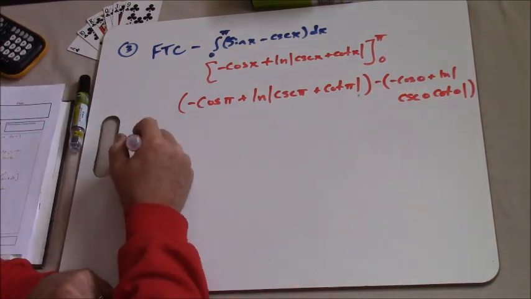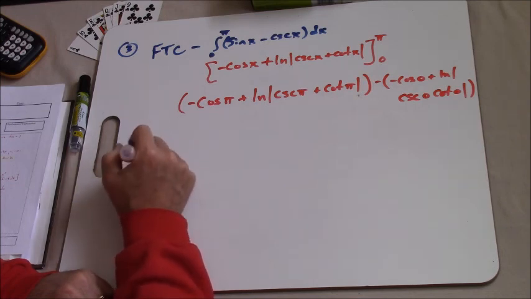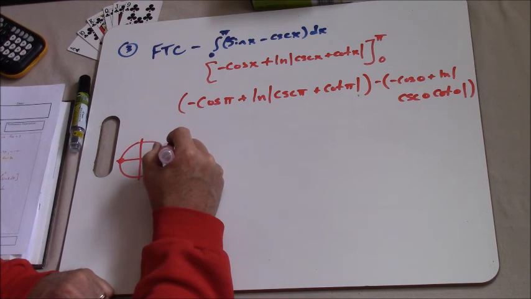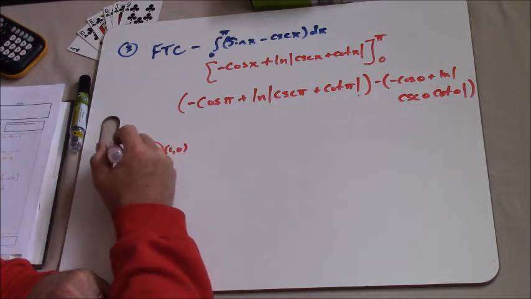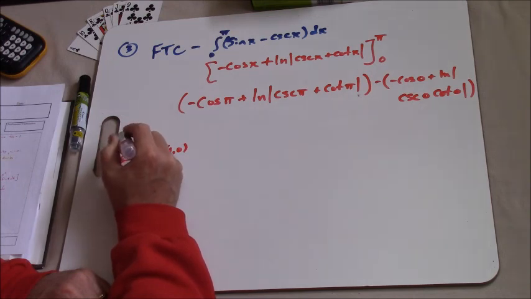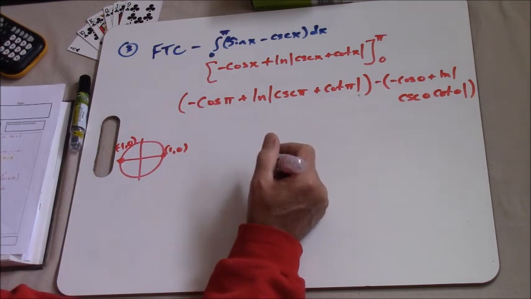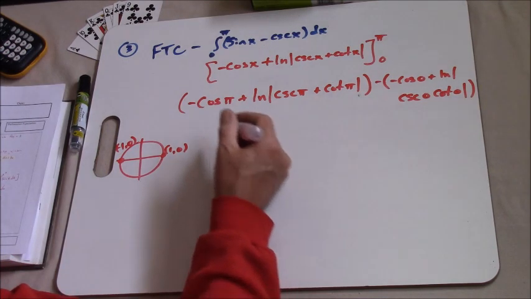Alright, so if I just draw a quick unit circle here to kind of help me out, here's pi, here's 0, this is the point 1 comma 0, this is the point negative 1 comma 0, and I'm in a bunch of trouble already. So yeah, so if I plug it in,